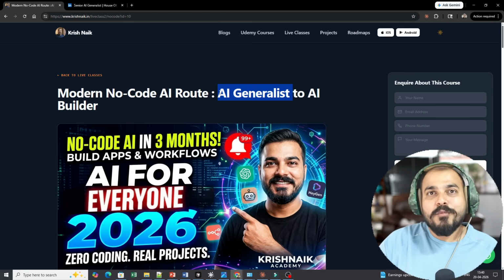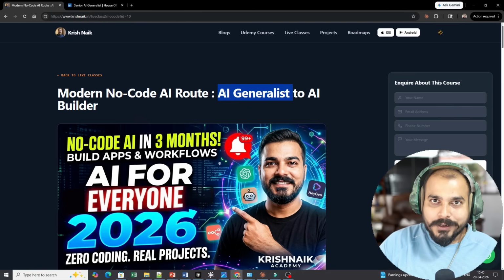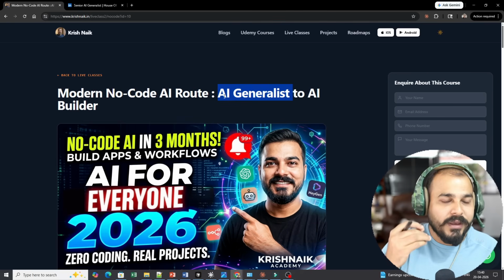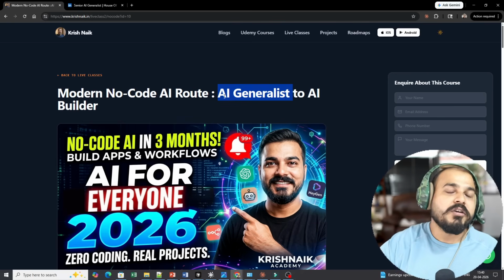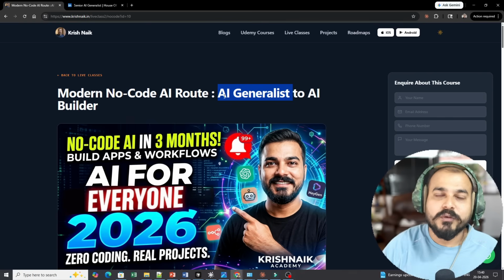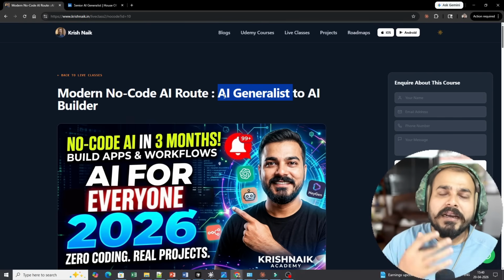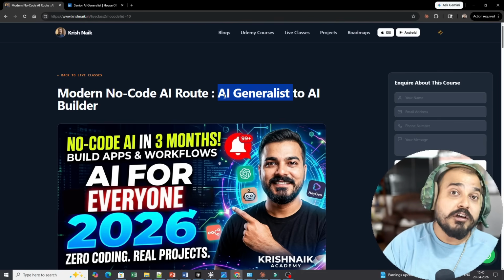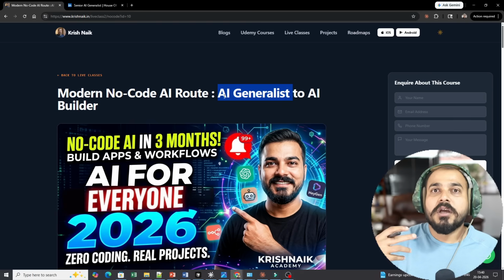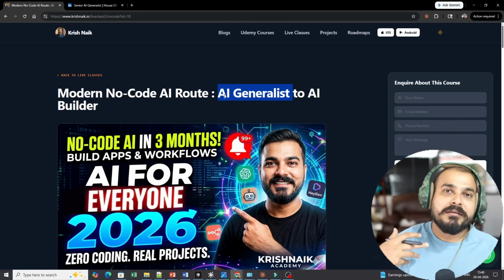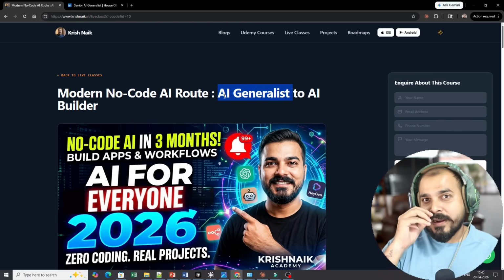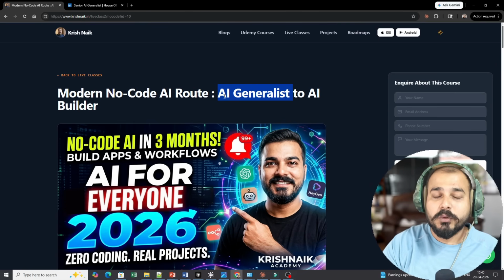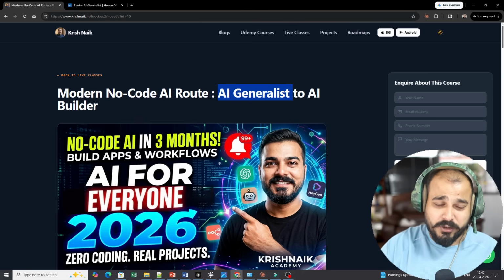Now, one very important point is that you need not have any prerequisite. You do not need any kind of coding knowledge, because here we are completely going to learn about generative AI, agentic AI, building AI agents. We are going to learn about MCP server completely with no-code tools, right? We're going to use amazing ecosystems like the Claude ecosystem. We are going to use ChatGPT, and when I say ChatGPT, I'm considering using Codex, the entire ecosystem there. Along with that, we are also going to see how we can use automation tools like n8n to create amazing workflows and many more things.